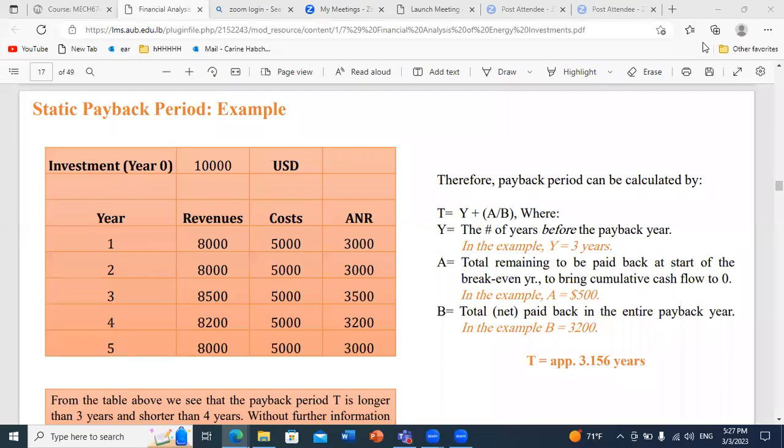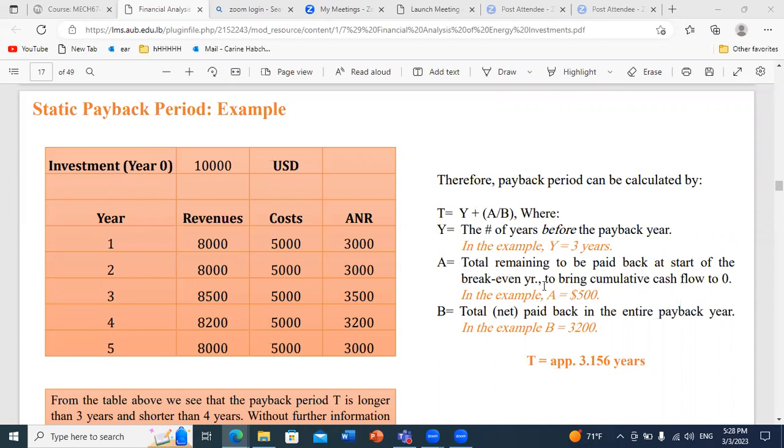So we were discussing how to find the static payback period. Okay. So first, Y is the number of years just before the payback year. Here the payback year is year 4, but we don't need to wait till the end of year 4. So A constitutes the total remaining to be paid back at the start of the break even year,